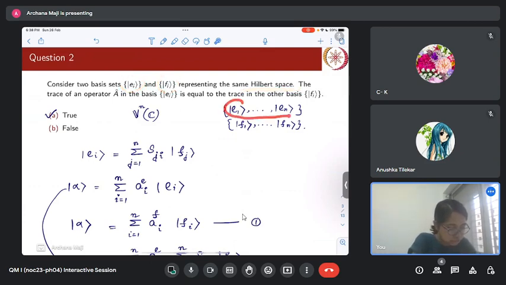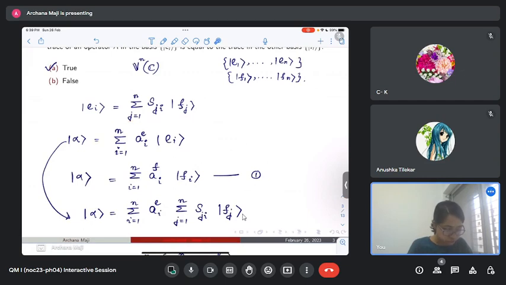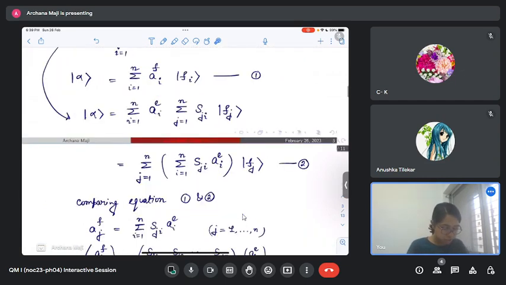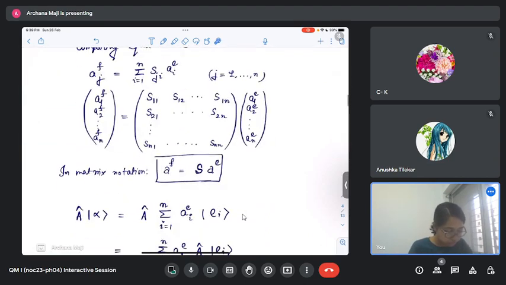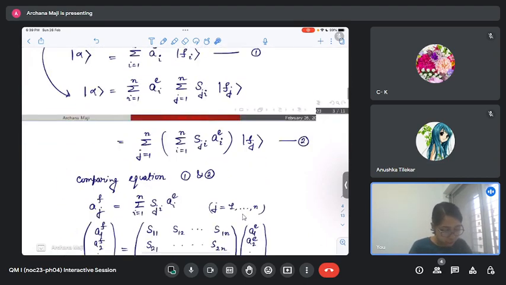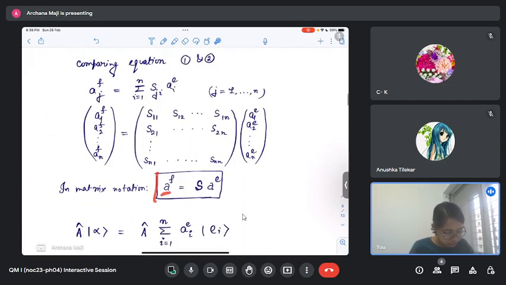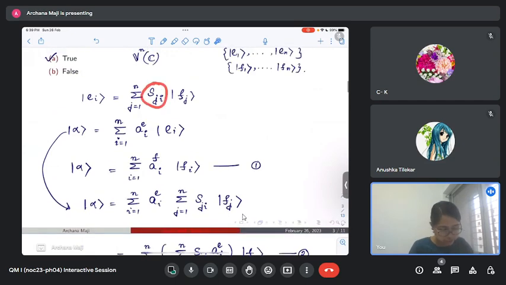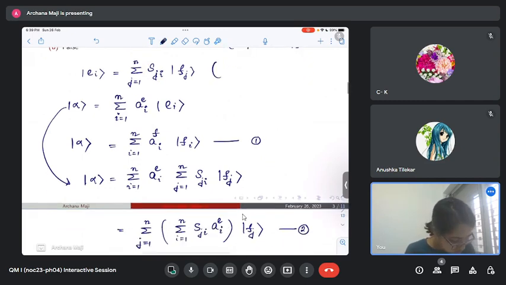So that means the first basis set can be expressed in terms of the second basis state in this way. So when we exploit that property, we get that the components of any vector in the second basis can be written in terms of the components of the vector in the first basis by this S matrix, where the components of S matrix appear here in the transformation of the basis vectors. So this is the